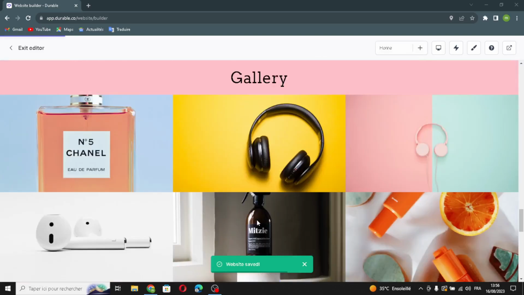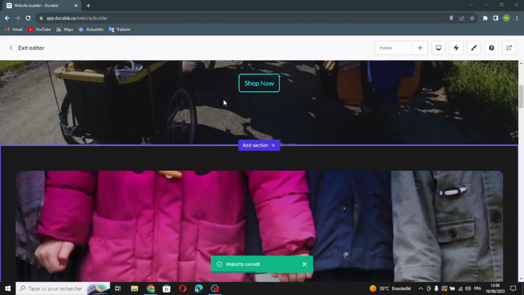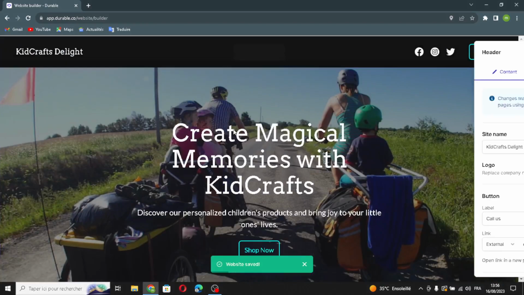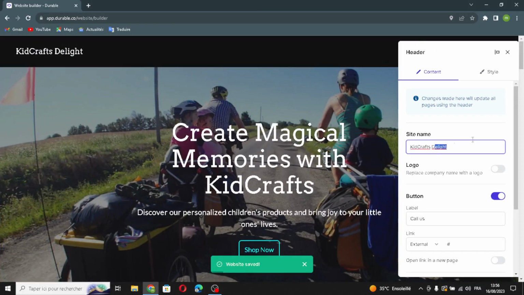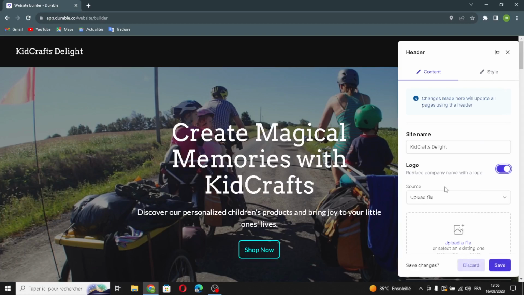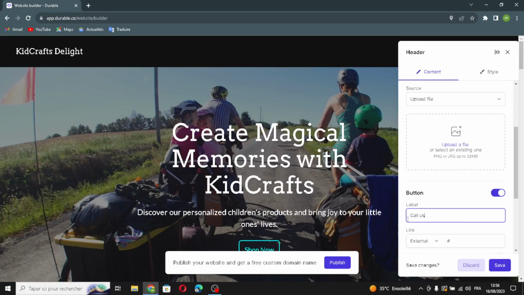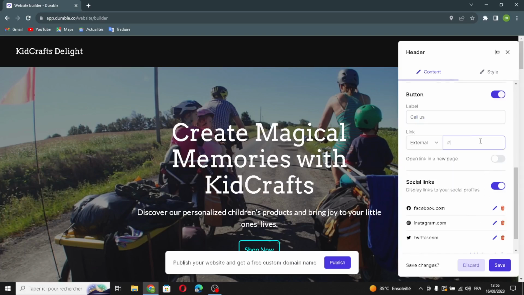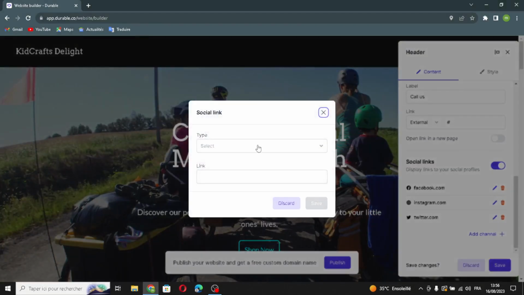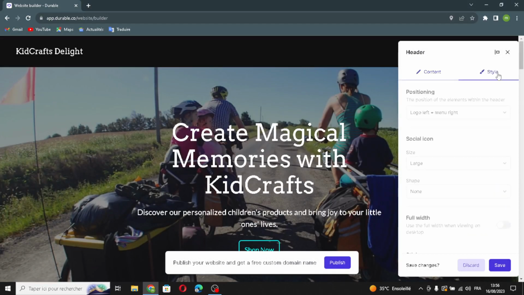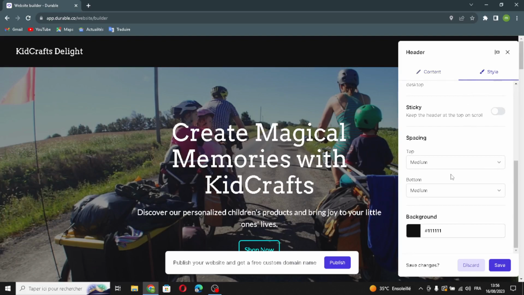So first let's go to the first section of the website, the header of the website. Here, click edit. You can edit it from here if you want to change the site name, if you want to turn this on, the logo, and upload a file. Also here, if you want to add a label or change the label, and if you want to add external link. Here, if you want to manage your social link settings, display links to your social profiles. Here, if you want to add a channel, just select the type of the social link and here add the link. So that's it. And if you want to manage your style of the section, you can generate it from